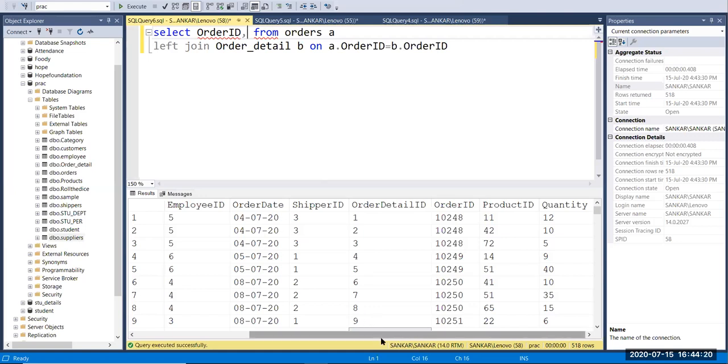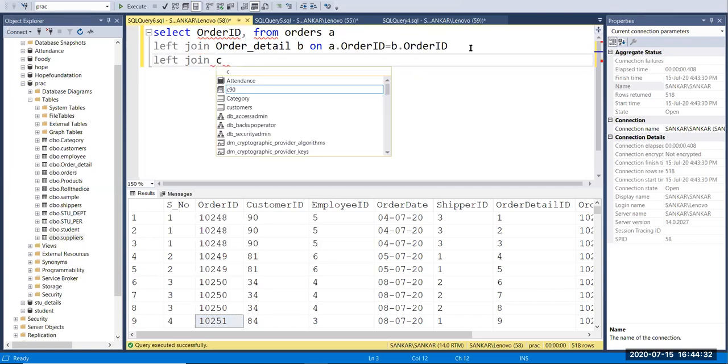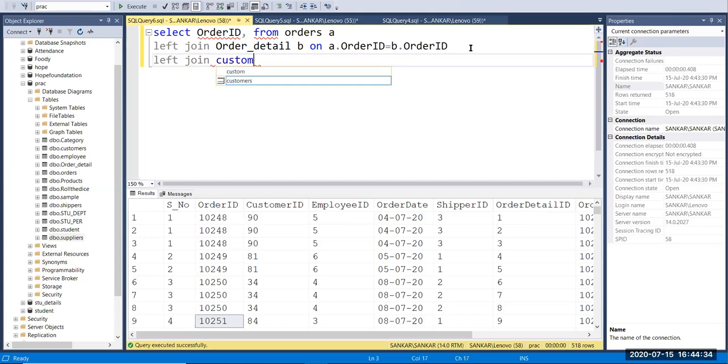Okay, so now you can connect the tables however you want, right? So here, now I'm going to connect the customer table. Just left join customers. So you can connect n number of tables by using left join on the next lines.